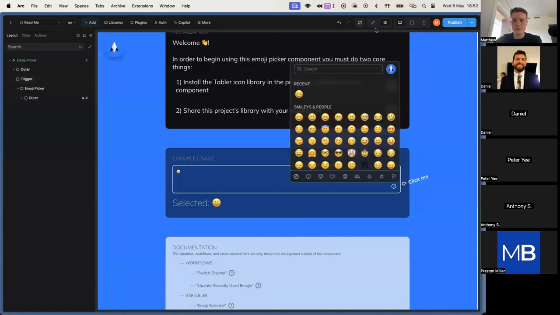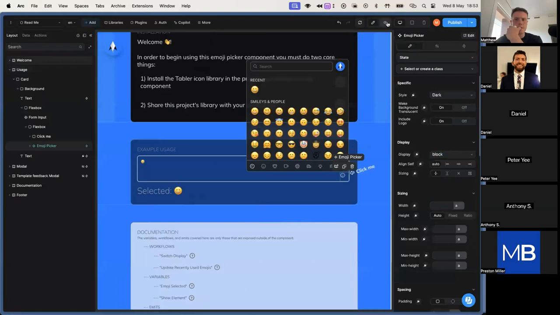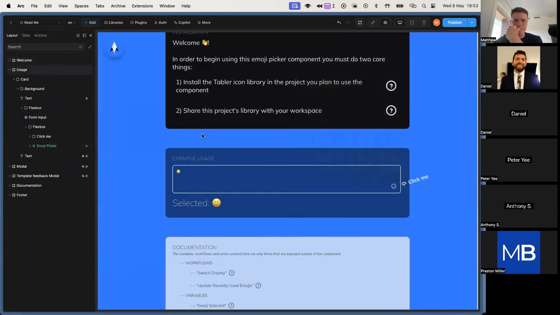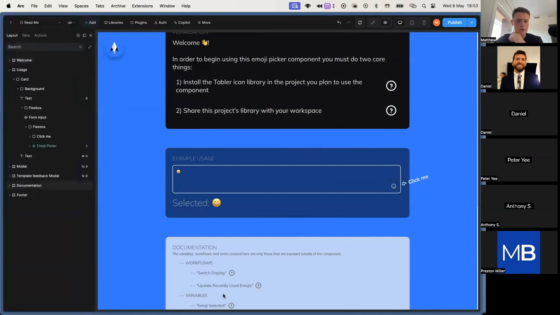Let me see if I got something to show here. I'm trying to think where I've got a good drop zone, because one of the things with drop zones is you can pass in data. Actually, I'll show you where I can show this. Sorry, I'm just going to pause for a second, just switch back to the other project. So when you are using drop zones,